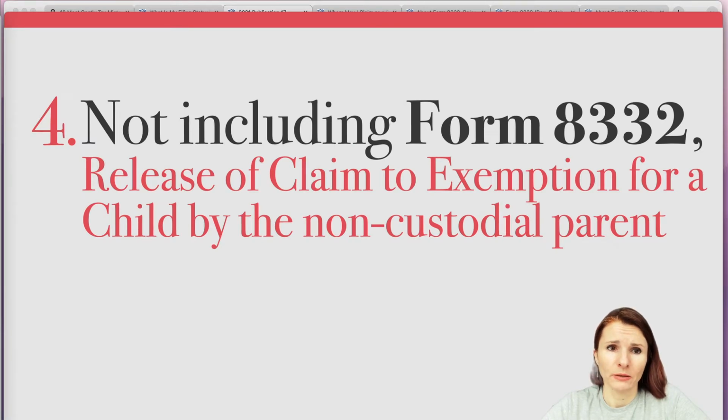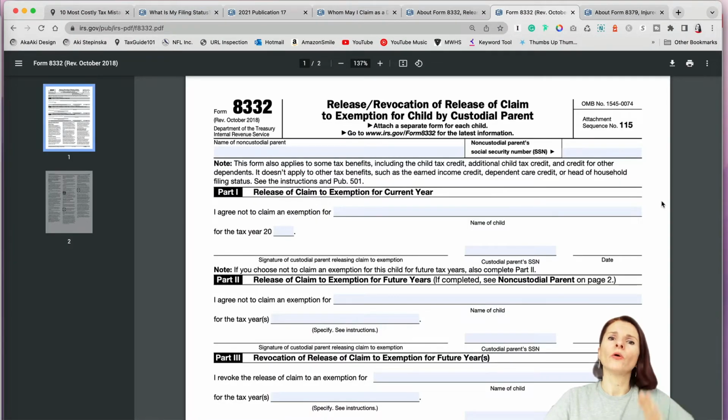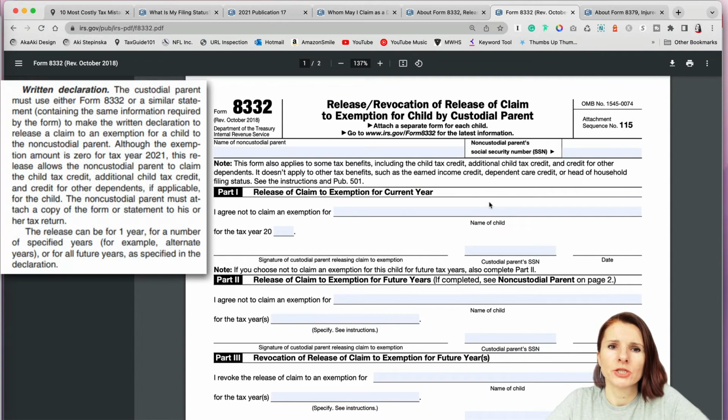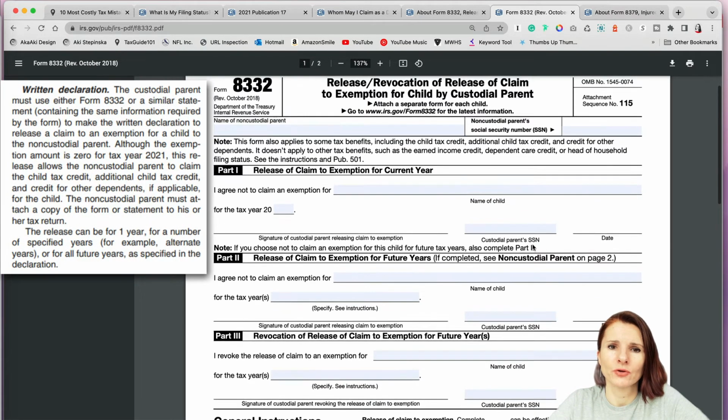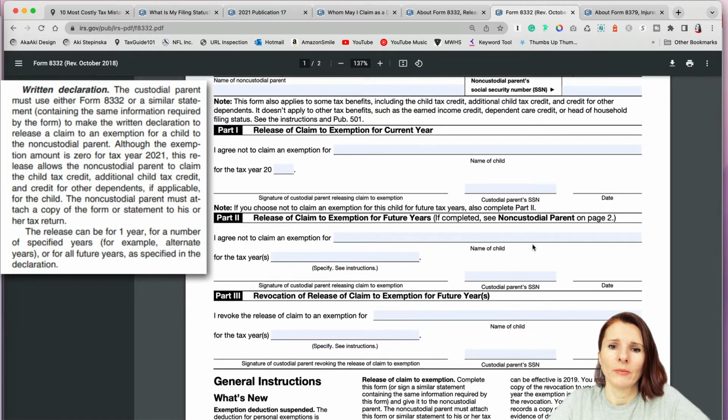Now, the fourth mistake that people make is they do not include Form 8332, which releases claim to exemption for a child by the non-custodial parent. What does it mean? When you have parents that were divorced and their children involved, they can sign, in court, an agreement, fill out Form 8332,